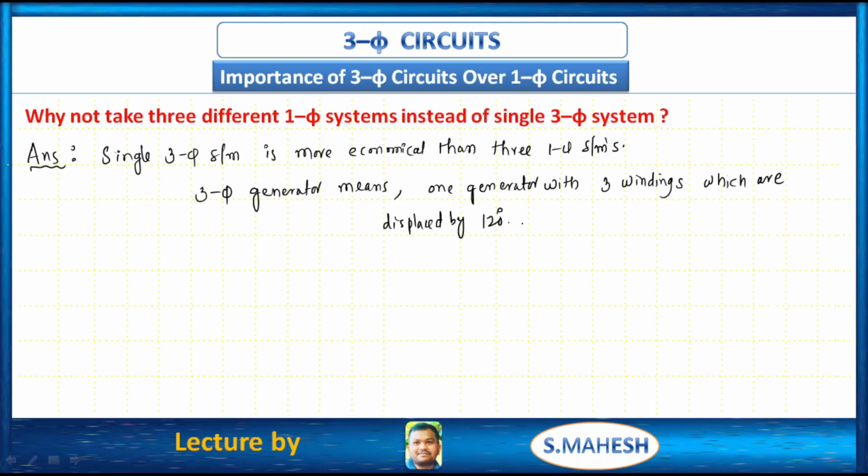If we require 3 single phase systems, for each system we have some conductors, so individually we get 3 sets of conductors. But with a 3-phase generator, a single generator, we have one generator with 3 windings displaced by 120 degrees. So, to get a clear-cut analysis,